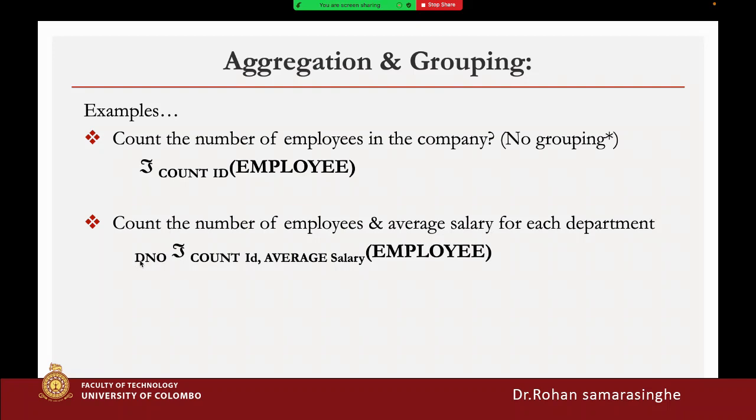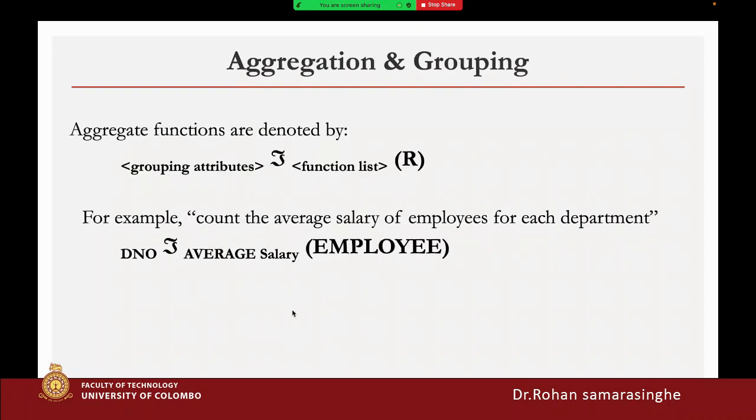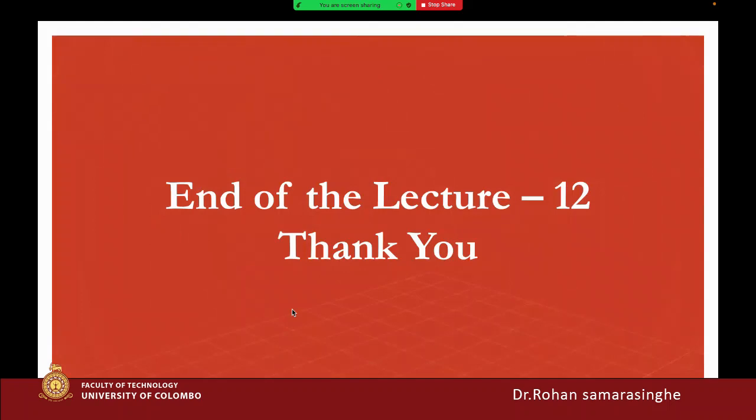Here we can see department number, count of ID, average salary of the employee. To get the average, get the summation of the salary and divide by the number of employees working in that department. So this